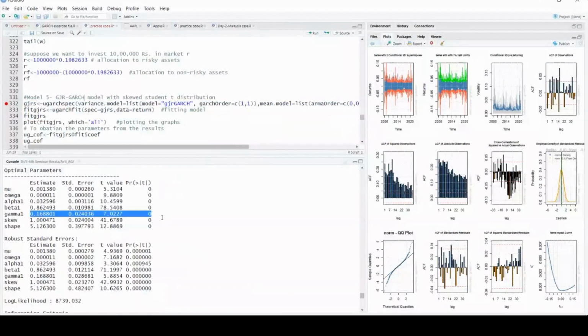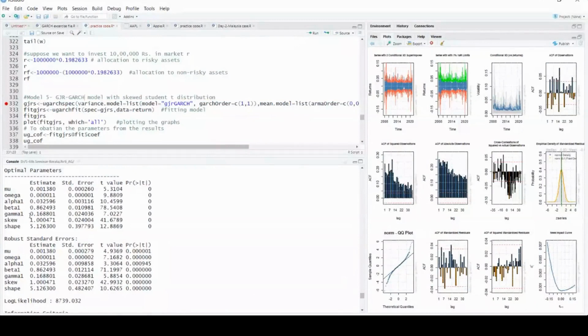If you remember yesterday's talk, we said if gamma is equal to 0, that makes the model symmetric. That means there is no asymmetric impact of news in the market. But if gamma is greater than 0, there is an asymmetric effect of news in the market, and our model is an asymmetric GARCH model.